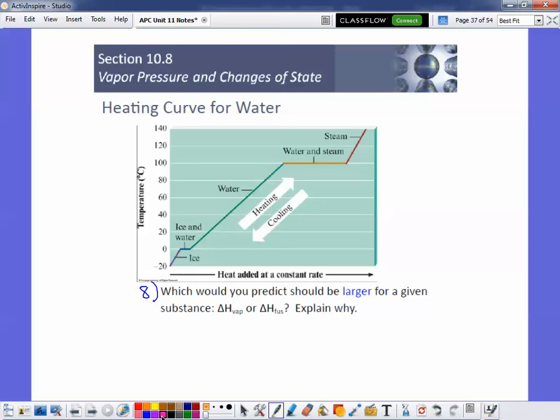But is the temperature changing at the same rate throughout? No, what do you notice is happening to the change in temperature at certain points? It stops for a little bit. At the phase changes, do you notice how the slope of the line becomes 0, but yet heat is still being added? So for example, we have ice, or solid water. It starts off at negative 20 degrees Celsius. That's really cold. I don't want to be in negative 20. We start heating it up,